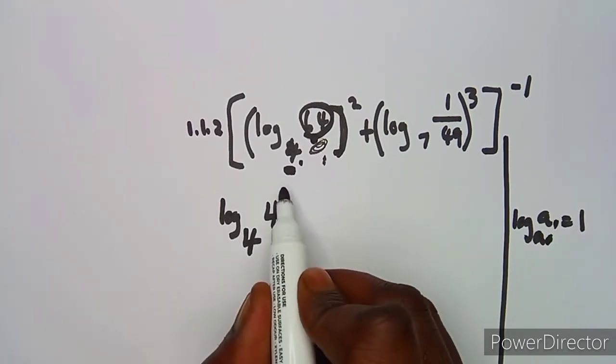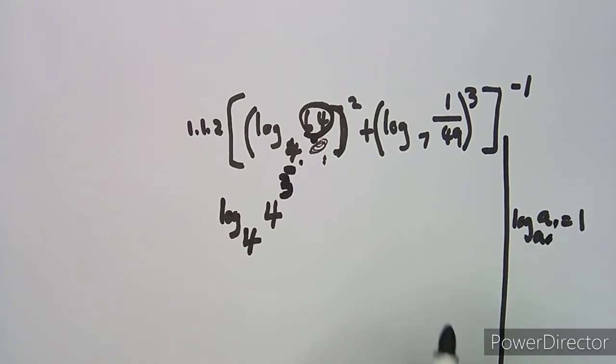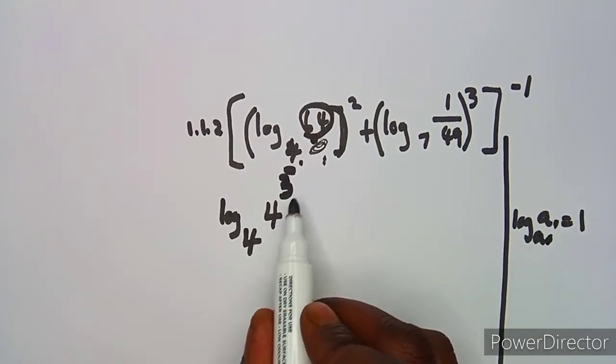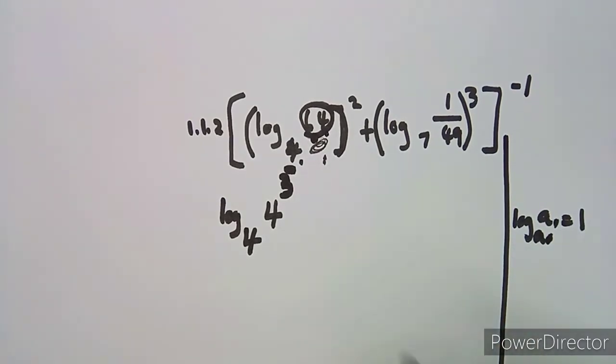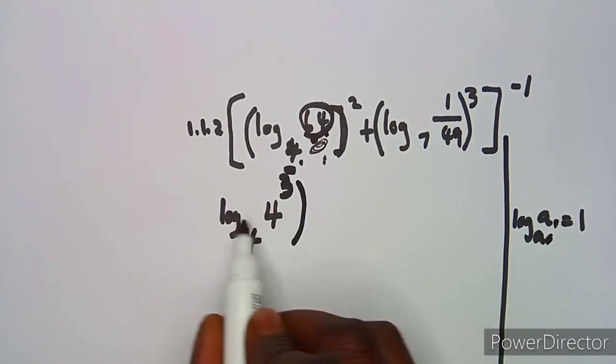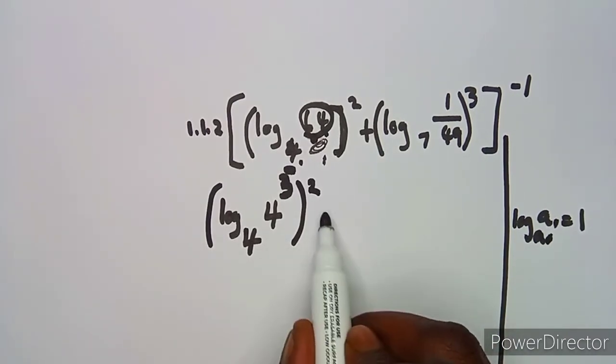So we say this is to the exponent of 3. We haven't changed anything because 4 to the exponent of 3 is 64. Still remember I've got my exponent of 2 here plus